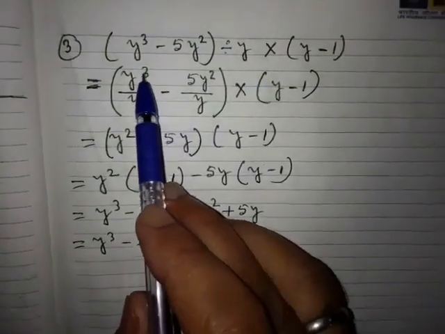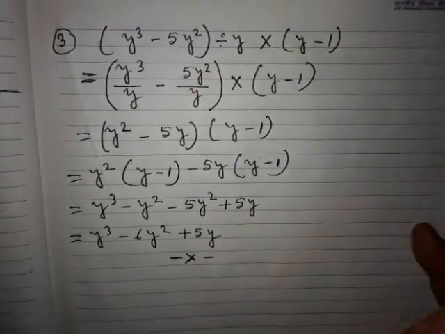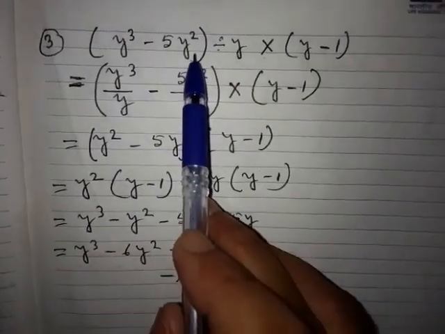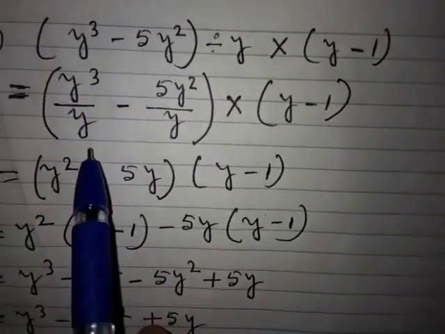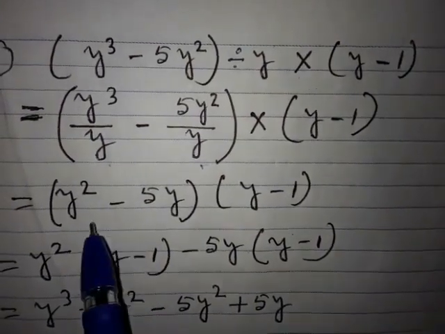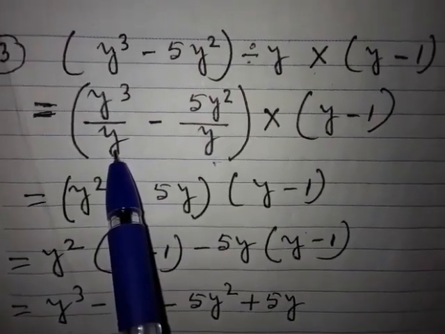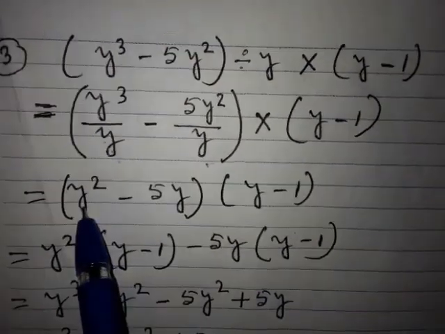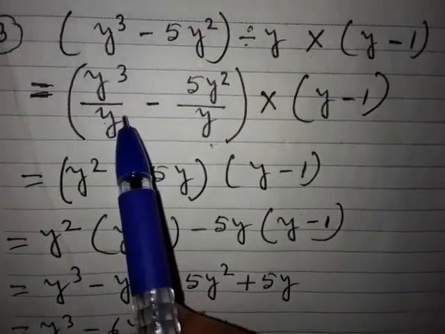Now the last question for today was, this is the question, y cube minus 5y square divided by y, into y minus 1. So what is going to happen here? This y cube minus 5y square divided, that means this whole divided by y. The same thing I have written separately. First one divided by y, second one divided by y, and the multiplication whatever is given there. Now if you calculate y cube divided by y, I already told you at the time of division what the rules are. If the bases are the same up and down, write the base one time, upper power minus the down power. Down, no power means 1. So 3 minus 1, you got y square.